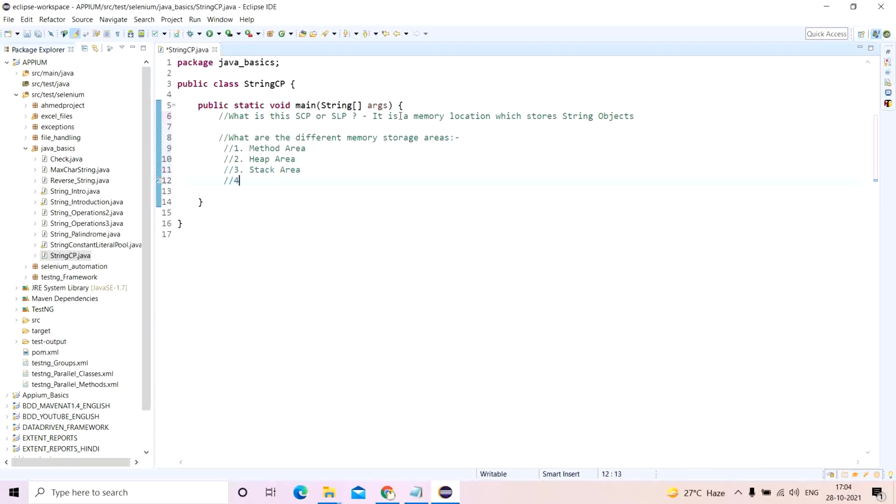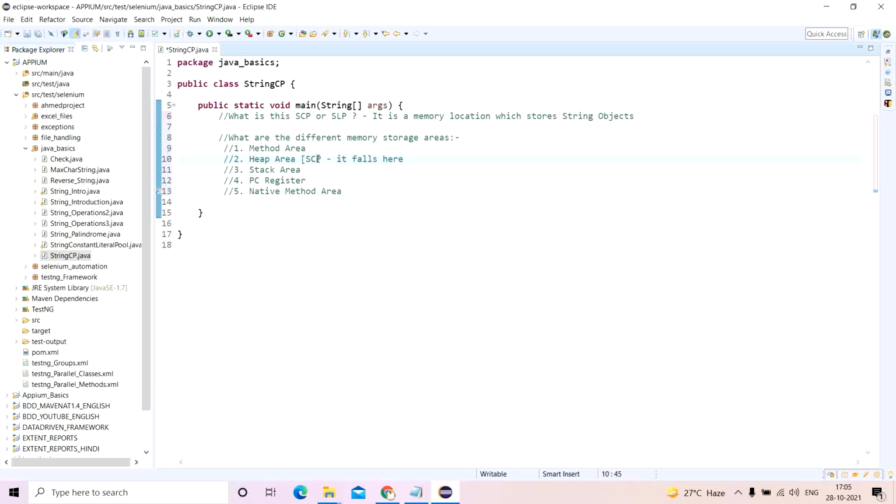We also have the PC register and the native method area. Is there a sixth memory location known as SCP or SLP? No. SCP or SLP falls under the heap area.